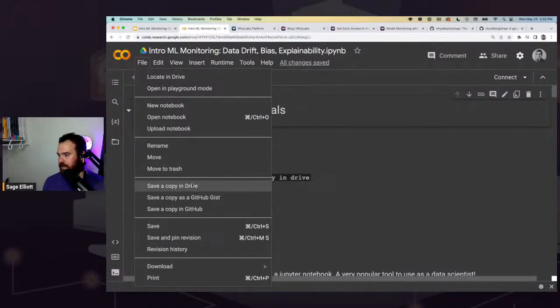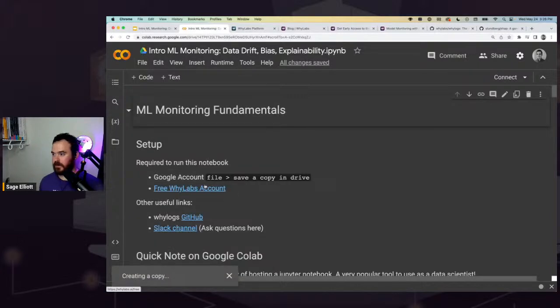And I'm going to give everyone a minute to do that and take a quick water break. And how's everyone doing so far? I know we just went through a ton in slides, and it's maybe a little bit of a whirlwind introduction to all the ML monitoring concepts. But how's everyone feeling so far? Is everyone ready to run some code and do some hands-on part? So again, open up that link, save a copy in Drive. I'm going to go ahead and do that, so I'll have my own copy to run along with you here.